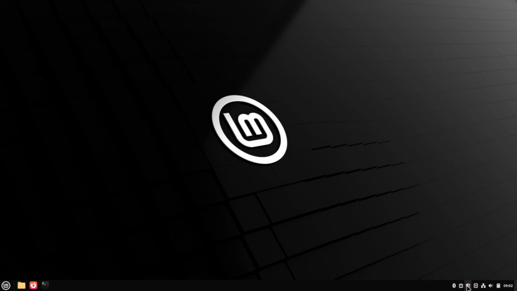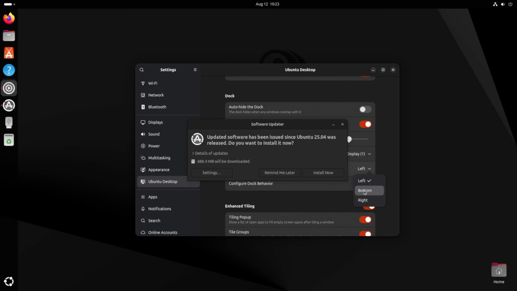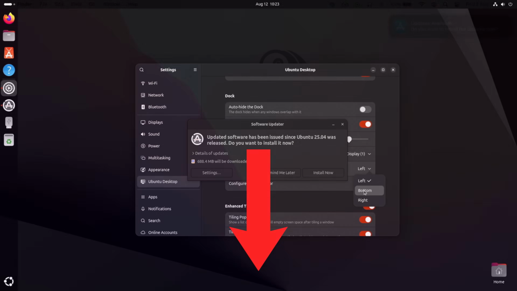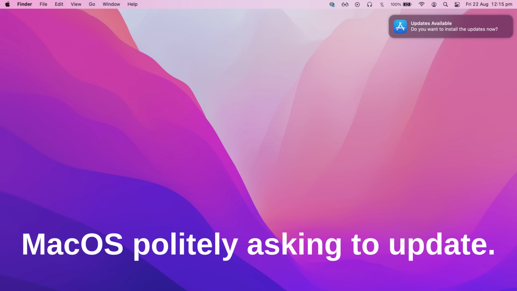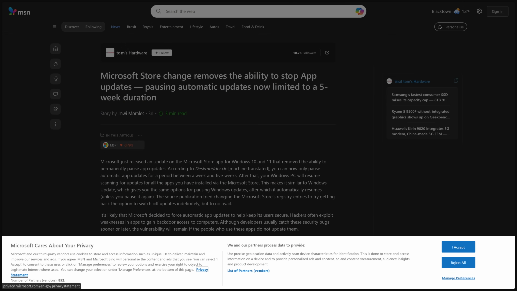Do you remember how Mint told us we had updates? A notification in the taskbar on the bottom right. Manjaro wasn't this intrusive out of the box either. So why in the middle? The update notification could have been here, here, here, here, here, here, here, or here. And it didn't have to take away focus from the window I was already in. This is the exact sort of thing I left Windows for. Freedom and choice. And this is just as Windows decided that you don't get to choose when your Microsoft Store apps update anymore. They're just going to force you to do it anyway.